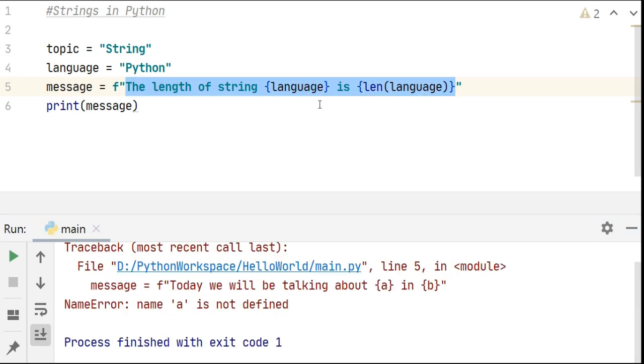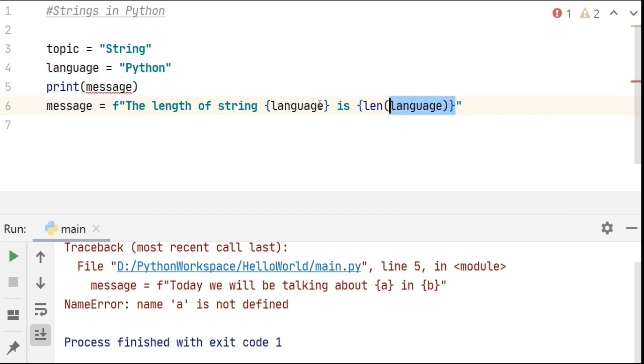The next way is called as format method. This is applied to the string by using dot operator. So if I have these two variables, and now let's change the message variable to another value.